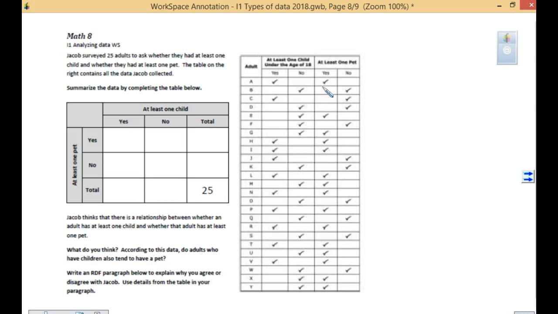It says Jacob thinks that there is a relationship between whether an adult has at least one child and if they have a pet. What do you think? According to your data, do adults who have children also tend to have a pet? Okay? You are going to write an RDF paragraph because you know how to write those. And explain if you agree or disagree. So, for your